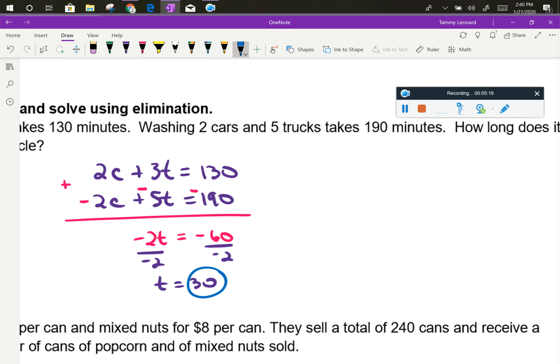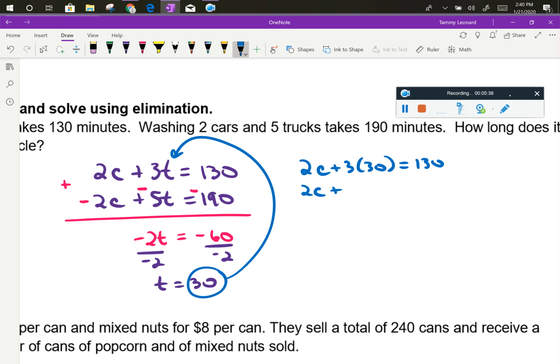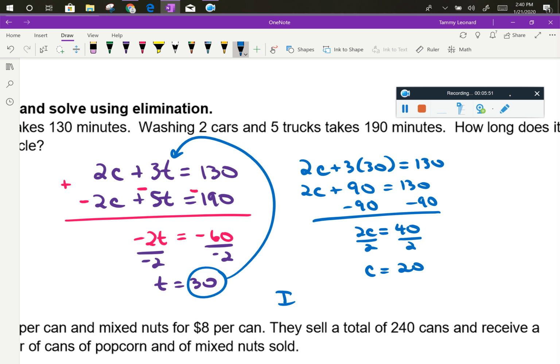So we're going to take that 30, and we can either plug it in for this t or that t. It doesn't matter. The numbers are a little bit smaller in the top, so I'm going to choose the top equation. So 2c plus 3 times 30 equals 130. Well, that's 2c plus 90 equals 130. And if we subtract 90 from both sides, 2c is equal to 40. If we divide both sides by 2, we'll find out that c is 20. So it takes 20 minutes to wash a car